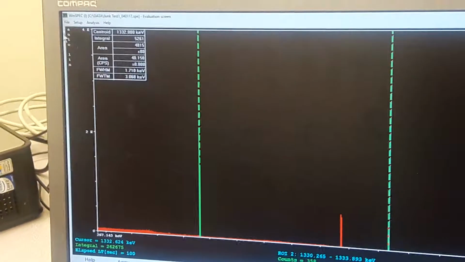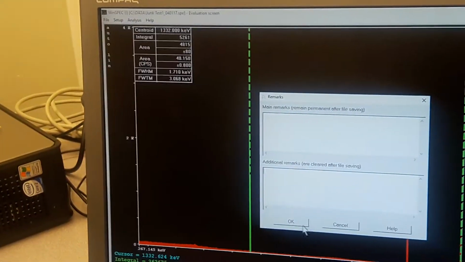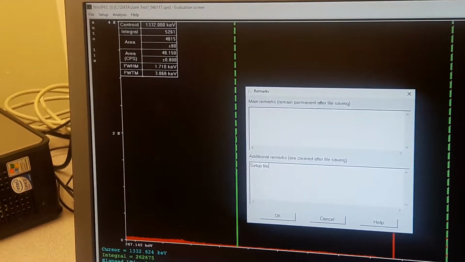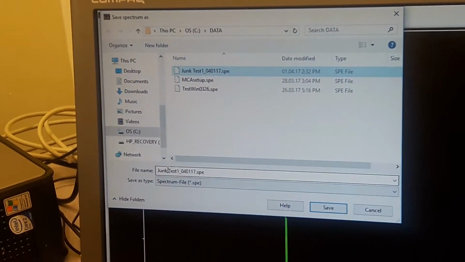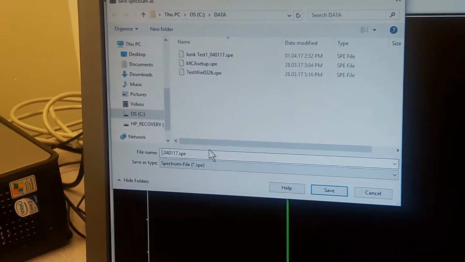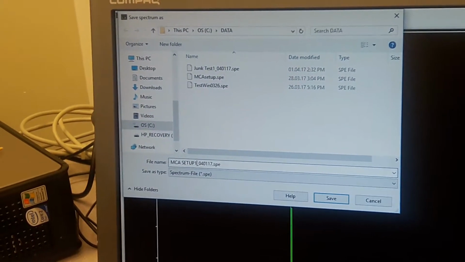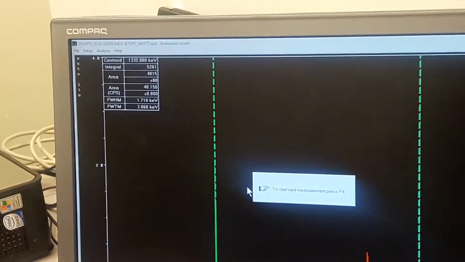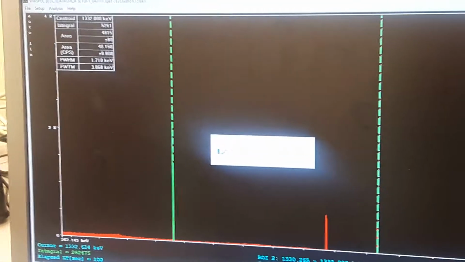Do you agree? Yes. So what I'm going to do is go ahead and save this file. I'm going to call it save as, and I'm going to say setup file. I will do OK, and instead of calling it junk, I'm going to say MCA setup, 1 of this date, and I will save it. All right. Now I can acquire spectrum, but